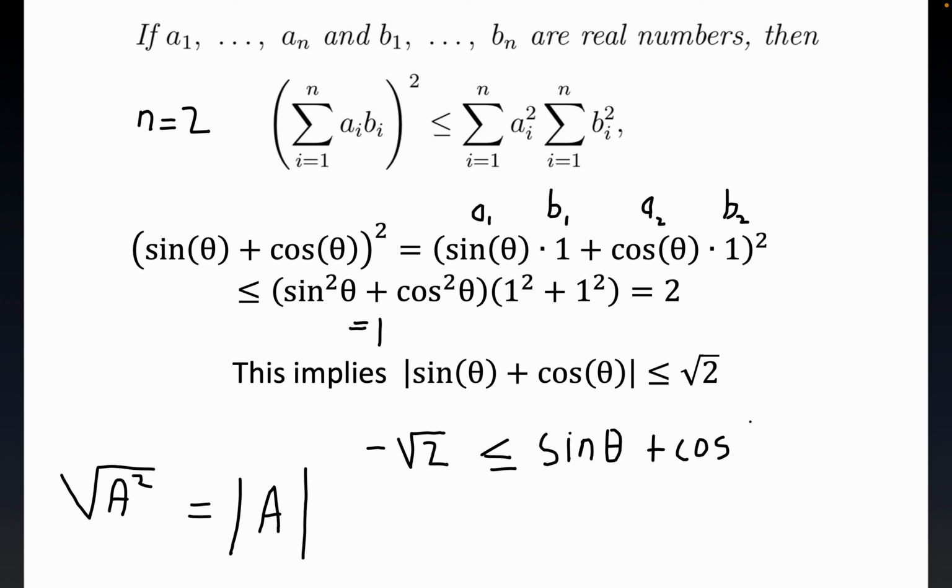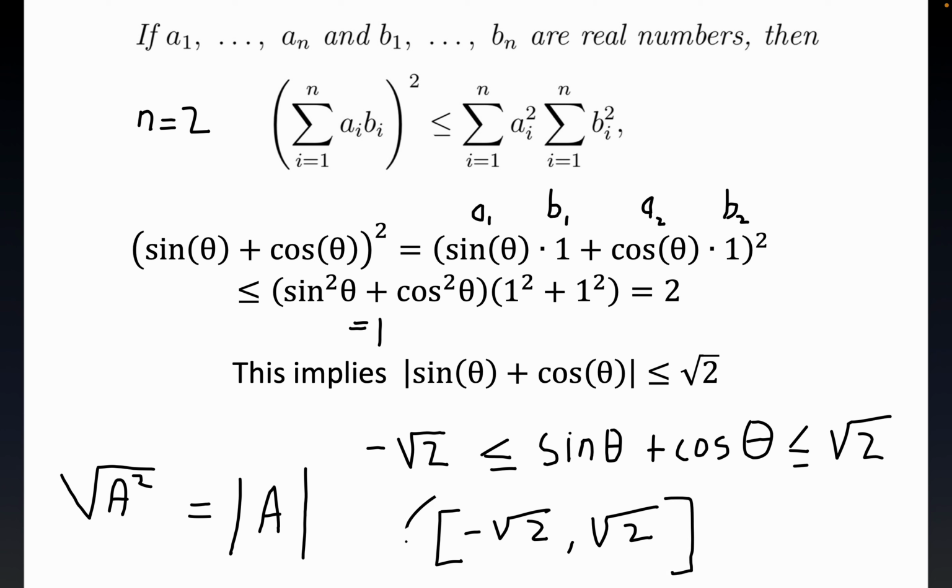We have shown that the range of sine theta plus cosine theta is between minus the square root of 2 and plus the square root of 2. And if you want to write it like a textbook would expect you to write it, the range of this expression is in this closed interval. Okay. Now, y'all, we're done with the question. That's the answer. This is the answer to the question. The range of that guy is